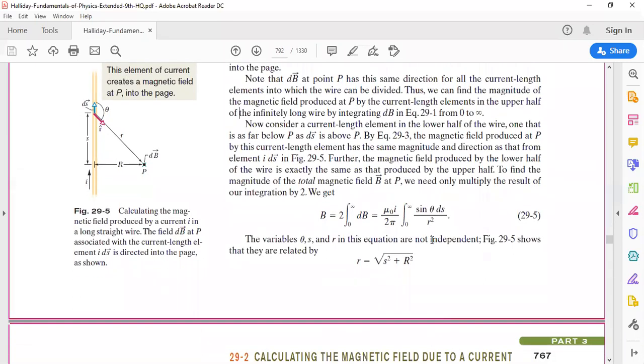Now our only problem is to understand the thing is